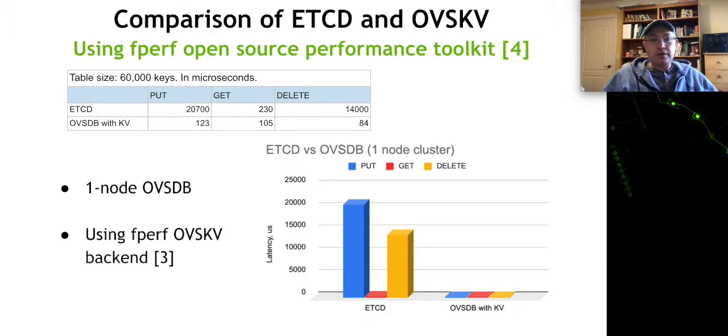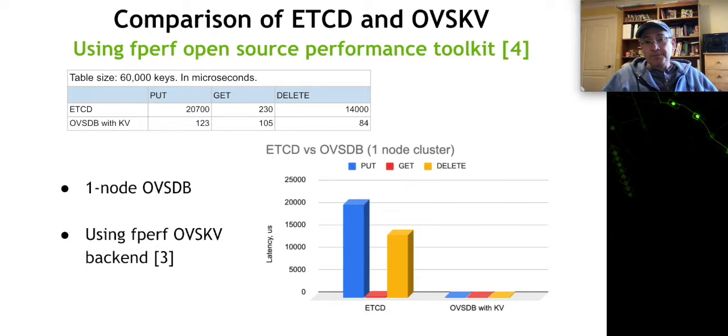We've been quite impressed with the performance of OVSDB versus etcd, for a reason, of course. The number one reason is that etcd is not in memory, while OVSDB is an in-memory database. So all the GET requests are processed without entering any caches or searches or anything like that, directly from the data set. If you do not do primary key optimization, OVSDB is going to be significantly slower than etcd. With primary key, in this case, it's significantly faster.